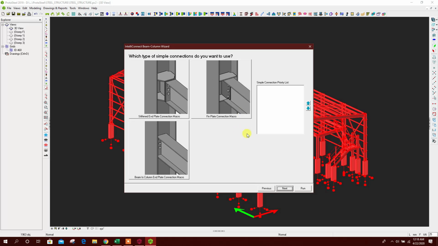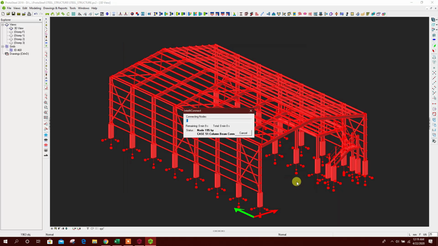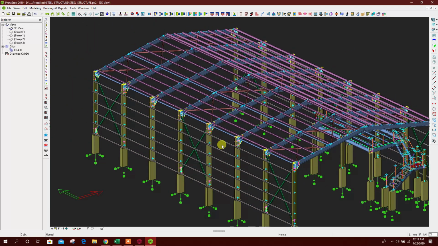Next, this is next for column web to beam joint. We can select this one, simple one. Next, then run. Here see,